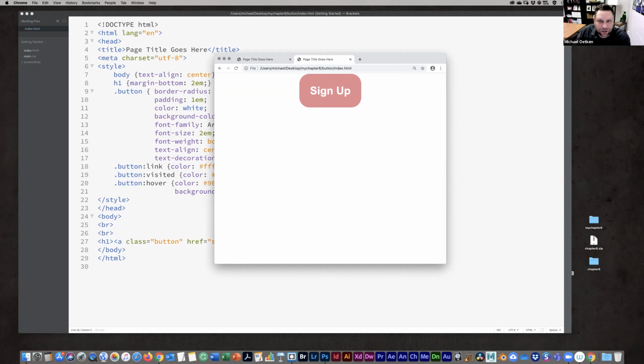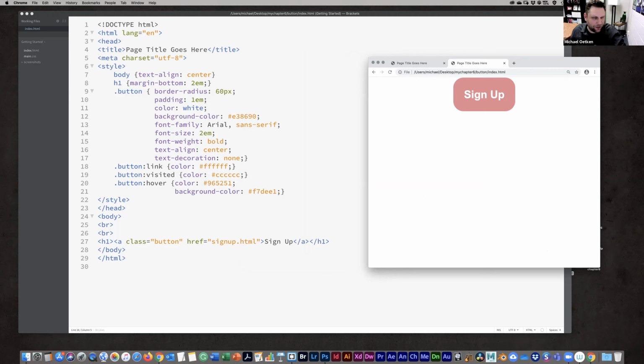The main thing here is to show you guys how the pseudo classes work with that class selector. Okay, so you can use those pseudo classes on anchor links, or you can apply them to a class like we did here in the style sheet. Okay, so again, this is something that you would do just to style your page a little bit nicer, instead of just a regular link for a button.